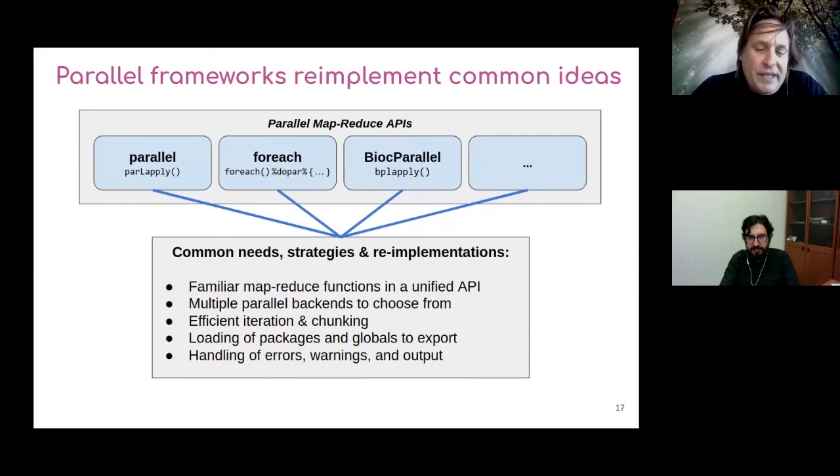They all have common needs, strategies, and implementations. They all want to provide a familiar MapReduce set of functions in a unified API. Slightly different styles, but when users start using them, they will recognize them. They also have this idea of, I want to be able to provide alternative backends for parallelization. They do provide ways to do efficient iteration and chunking. And some of them try to load packages and identify globals and export them automatically, or provide functions for doing